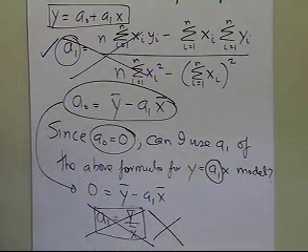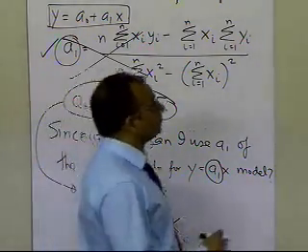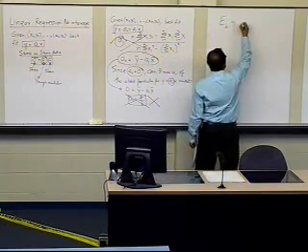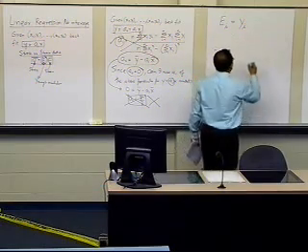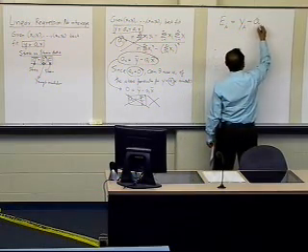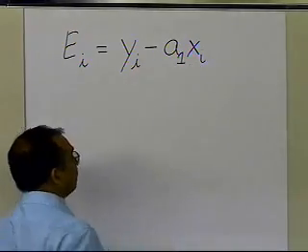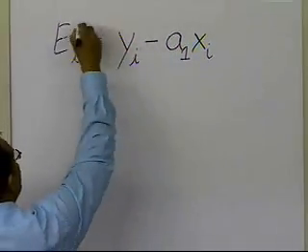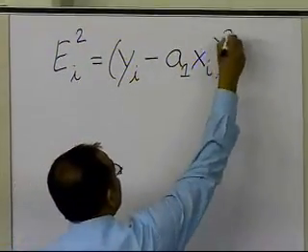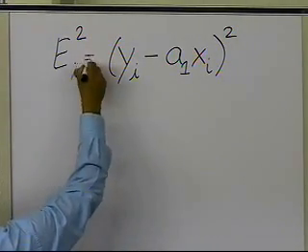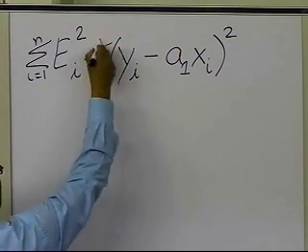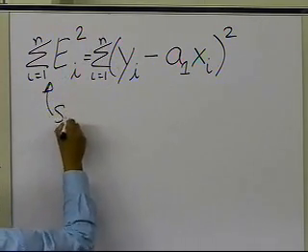Well, you go back to the drawing board by calculating the sum of the square of the residuals and finding what a1 is. The residual at each point will be the observed value, which is y_i, minus the predicted value, which will be a1 times x_i, because the value of x at that particular point is x_i. That is the residual. Now I want to square the residual, and then sum all these squared residuals from all the data points, i equal to 1 to n, and that's what my S_r is.